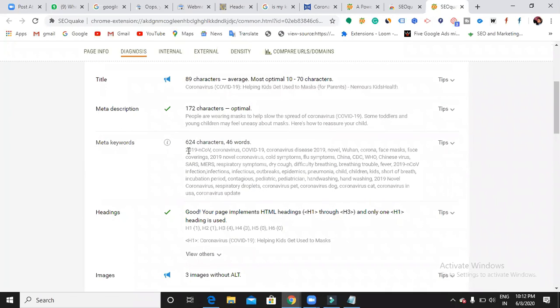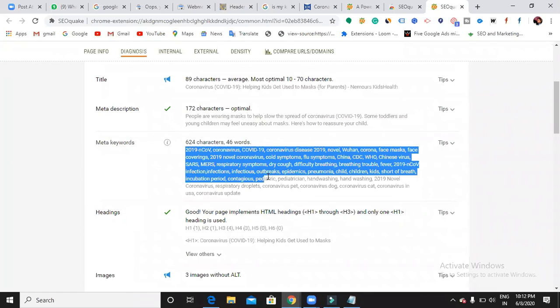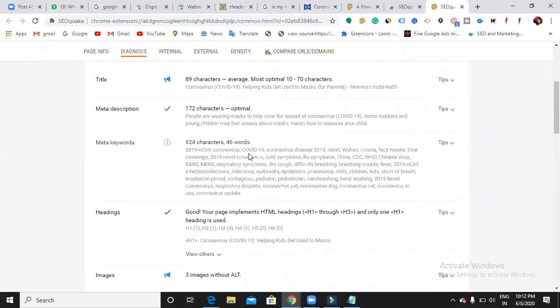And meta keywords, so can you see? So do we know how to use the tags? While you write a blog, right side above the featured image, you'll find an option called tags. Just use whatever keywords you feel are secondary keywords. So now they have used COVID-19, coronavirus disease, novel, corona, face mask, they have used all these things. Like, they feel it as secondary keywords, or else you can directly use these things in your website.